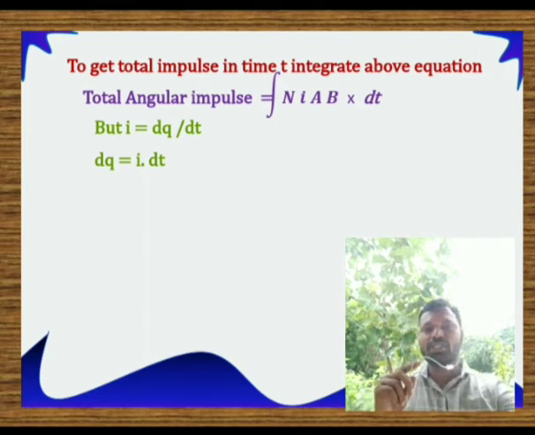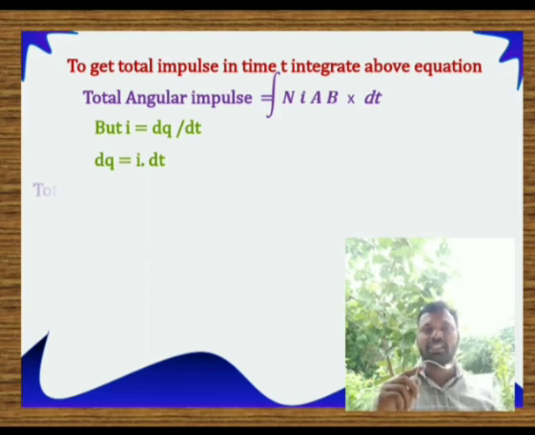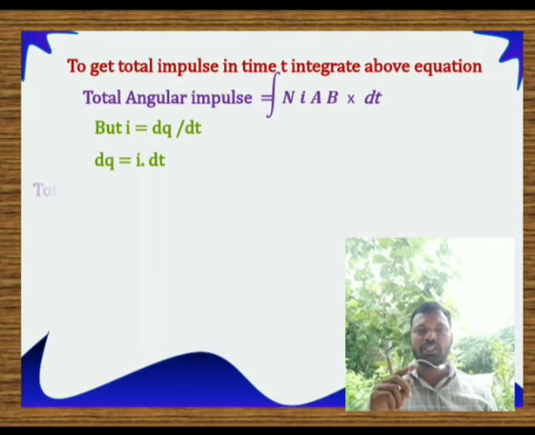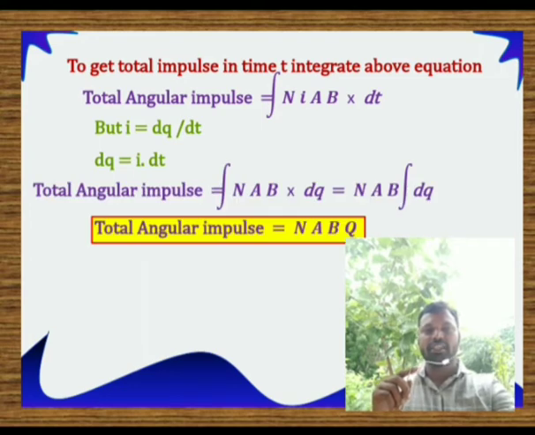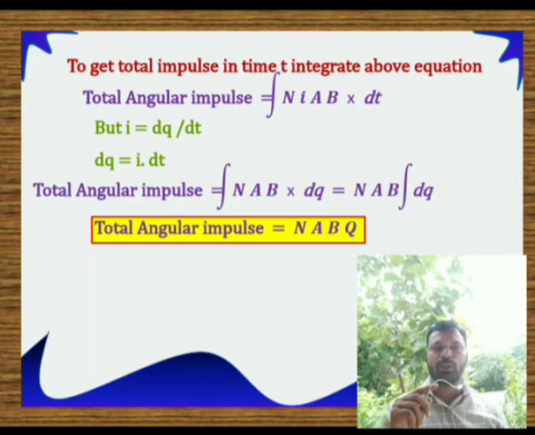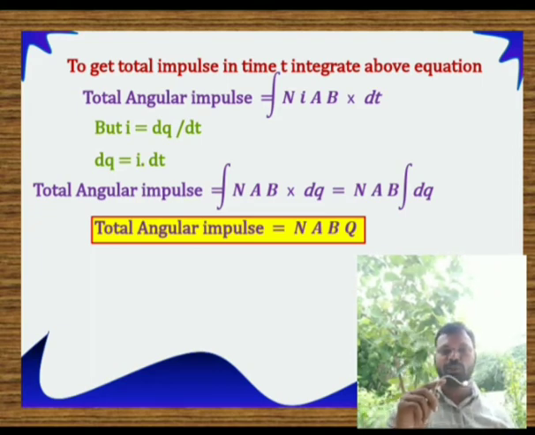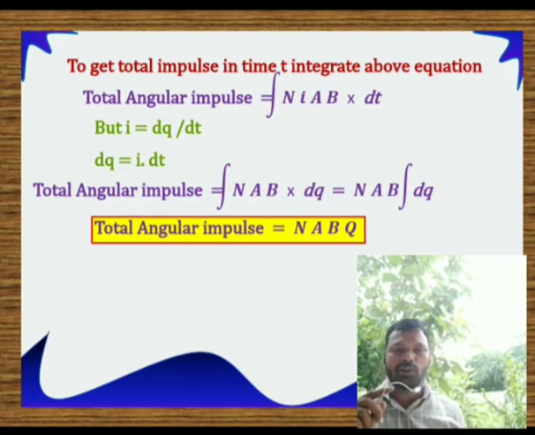If I integrate both sides, integral I dt is equal to the total charge q. To get total charge, just integrate the above equation dq is equal to I into dt. Integrating both sides, dq becomes q, and the integration is I dt. In the above equation, the integration of NAB into I dt means dq. If I integrate dq, I will get q. So my total angular impulse becomes